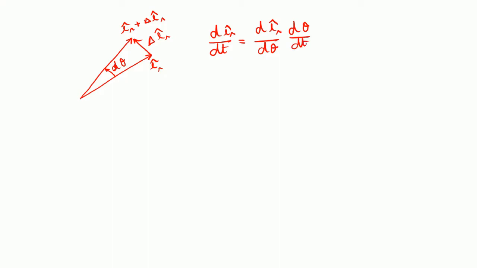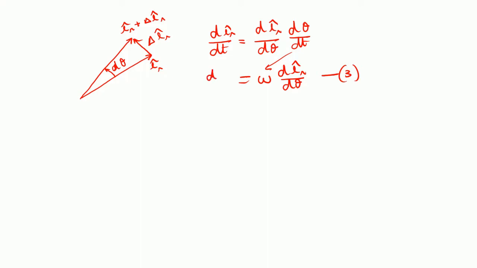Okay. Now what is d theta by dt? d theta by dt is omega. So I can write it as omega, which is angular velocity. So d theta by dt is angular velocity, and then der by d theta. Now let us see what is der by d theta. I will put this as equation number 3.